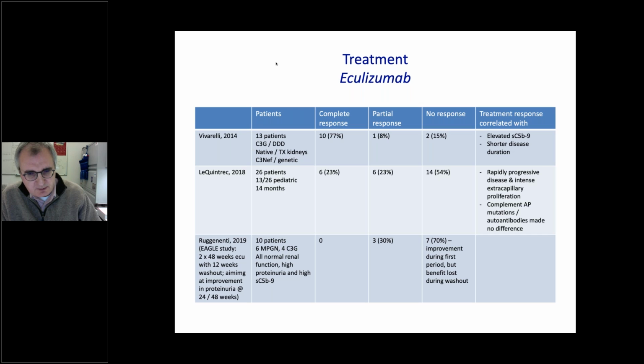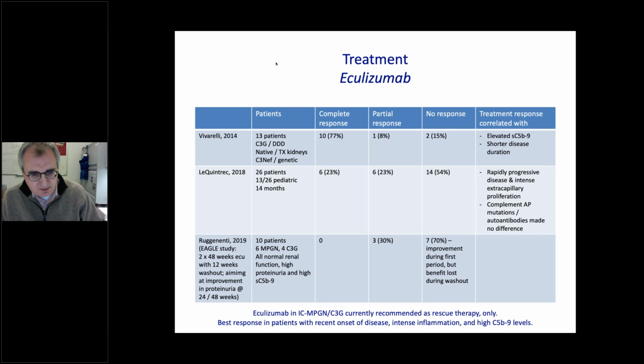Interestingly enough, the first half of the trial seemed to have been successful in 7 patients, but the benefit was lost basically during the washout period and then throughout the second period of this trial. So with that,